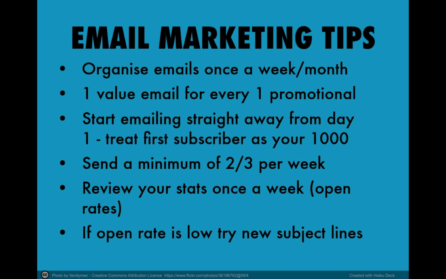Then review your stats as well. Look at the open rates of each email. If they're looking low, say below 20%, have a look at your headlines. Can you tweak the headline and get a better open rate? If the open rate is low, look at the subject headline. That's one of the biggest leverage points. If the link clicks are low, start tweaking the copy, the words you put in the emails, and that will increase the likelihood of them clicking on the links.